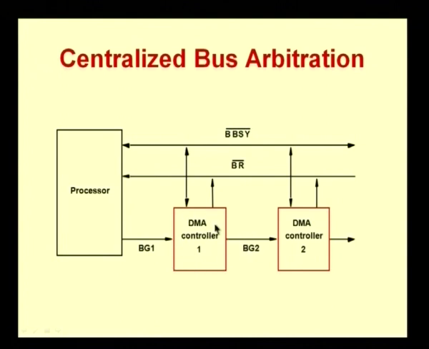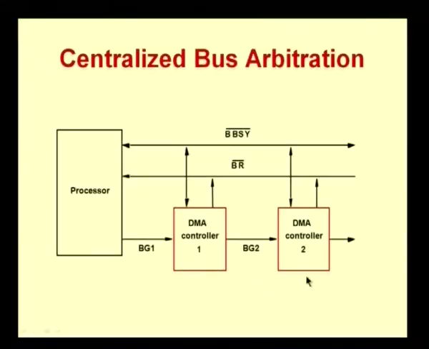Now, if the DMA controller 1 wants to use the bus, it uses the BG1 signal and takes control of the bus. Otherwise, it will pass on the grant to the next DMA controller. You can see that this passing of the bus grant signal from one controller to another is very similar to the daisy chaining technique that we saw for interrupts. So, it is a similar mechanism, that is a daisy chaining of the bus grant signals that is used,